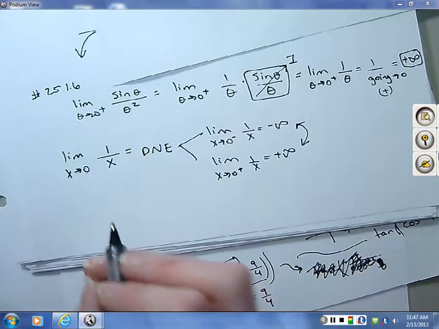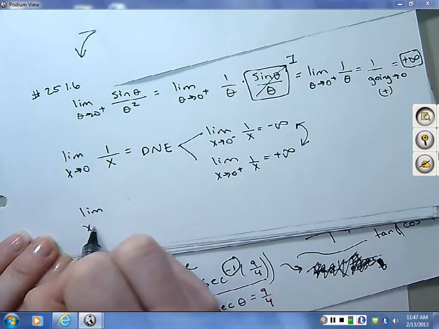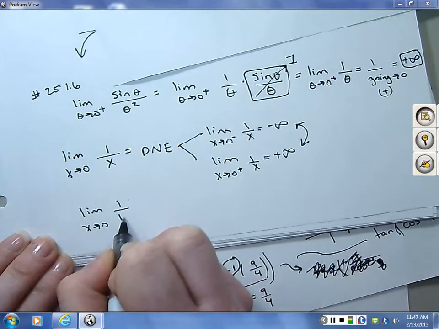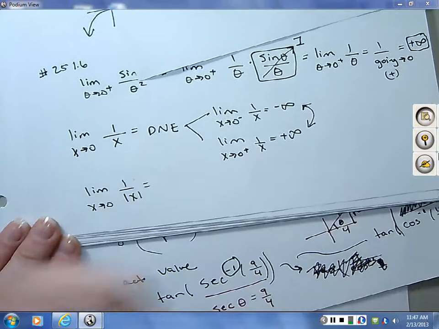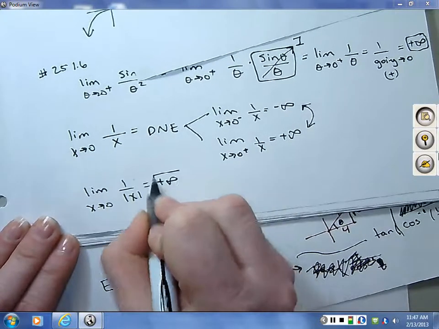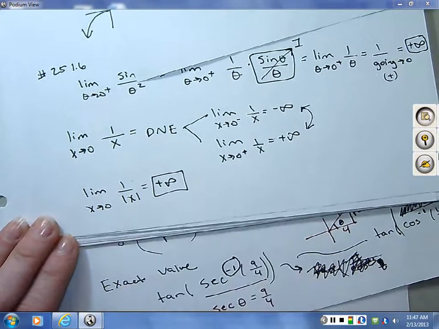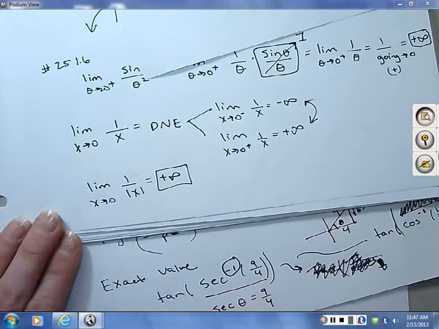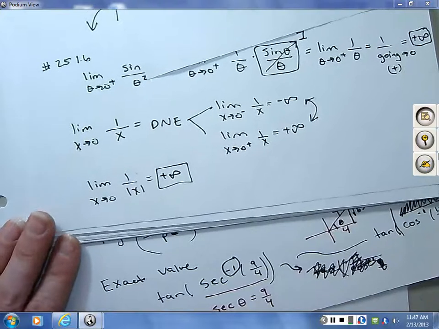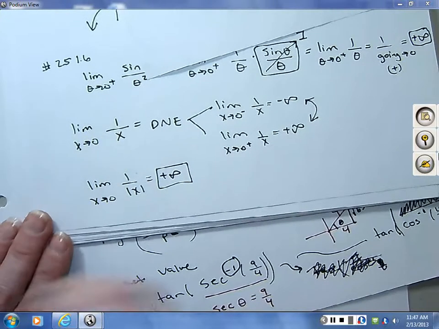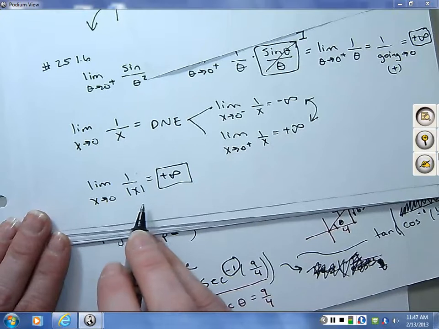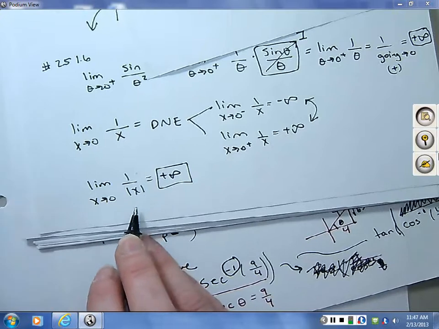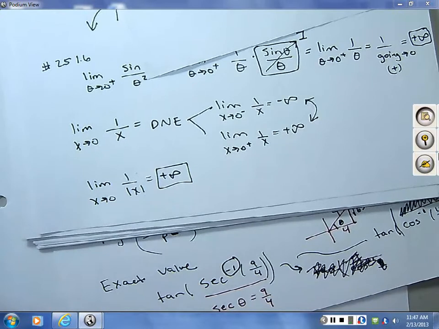But what about the limit as x goes to 0 of 1 over absolute value of x? Good. Positive infinity. Because the limit on the right equals the limit on the left, so the limit at the point exists. Right? The limit on the right would be positive infinity. The limit on the left, the absolute value of a negative number is always positive, so it's positive infinity. Okay, so